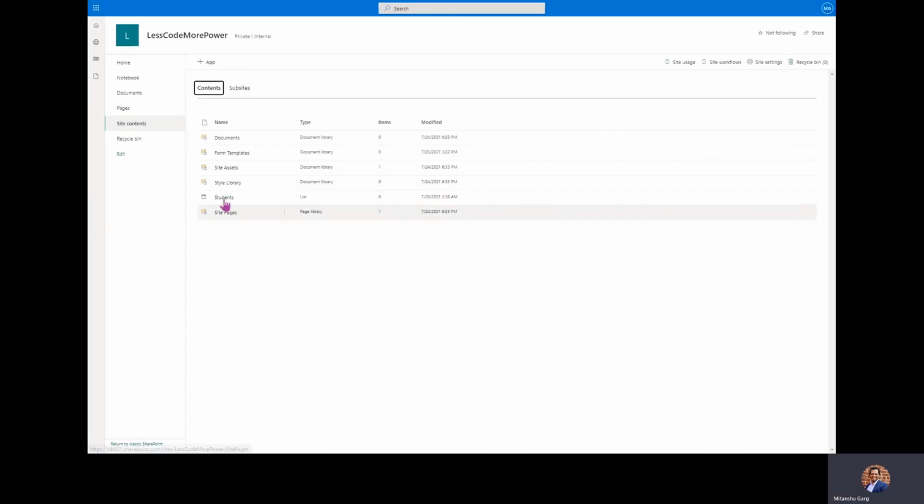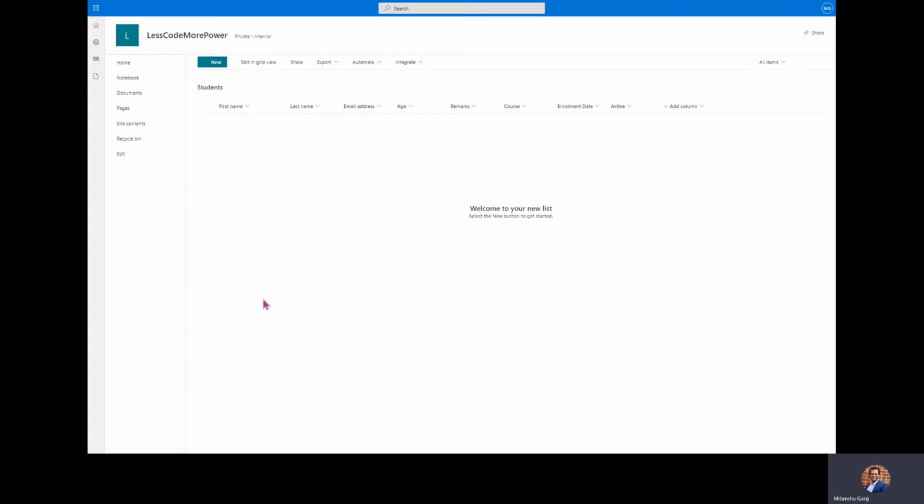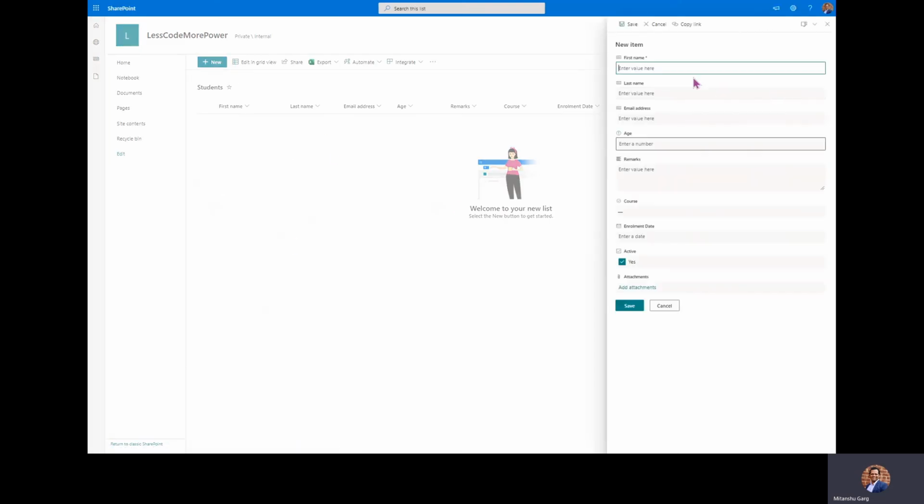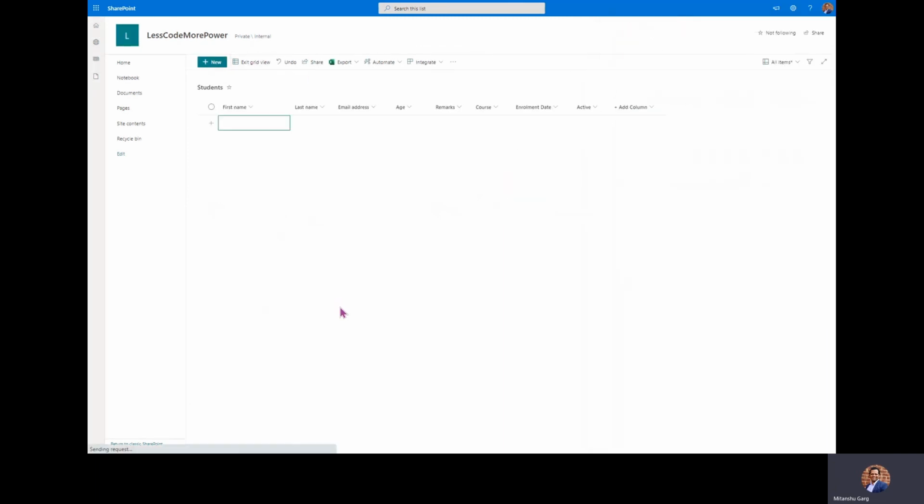Now the next thing we are going to do is add some dummy data into it. Now to add the data, there are two ways. Either I can hit this new button and add the values one at a time, or alternatively I can go to the grid view, and if I have the data already in a spreadsheet, I can select a row and copy all my rows from Excel and just paste it over here. I don't want to waste your time watching me type every single value. So I will go and populate these, and I will see you in our next video